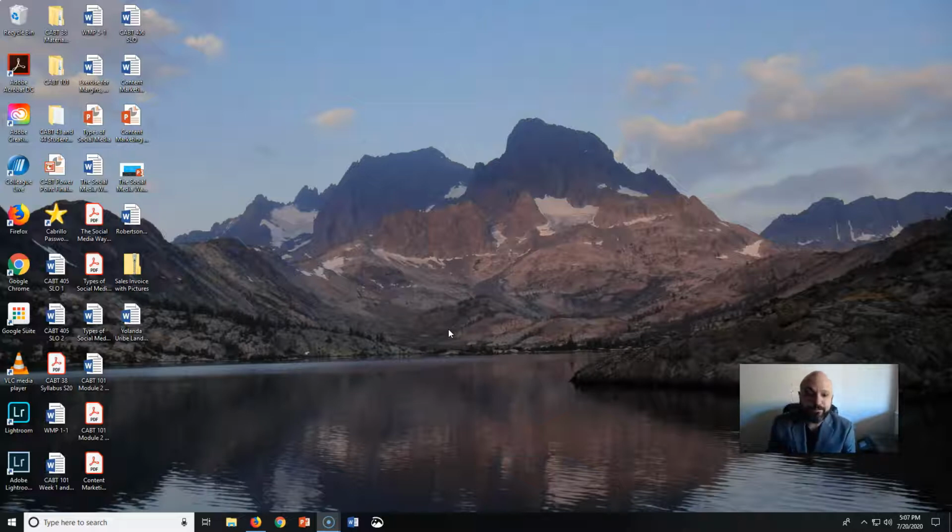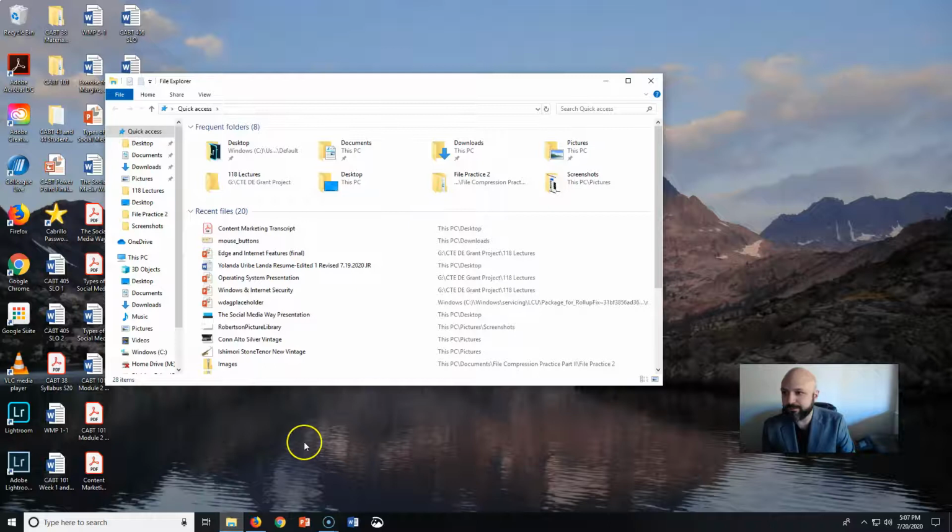We're going to be talking about the File Explorer, which should be pinned to your taskbar at the bottom of Windows. It's that manila envelope right here. Notice my mouse at the bottom. I left click and it opens up.